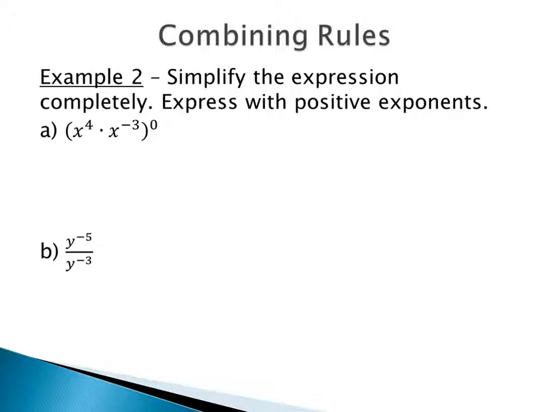So now we just want to do an example that's combining the rules that we've learned so far. When we have multiple rules, it's best to start within your parentheses first. So in here we have x to the fourth times x to the negative 3. If I worked through this by working inside the parentheses first, I have my product rule. Our product rule says that we should be adding our exponents. So what we would have here is 4 plus negative 3, which is really just 4 minus 3, and 4 minus 3 is 1. So working inside the parentheses first, x to the 4 plus negative 3 gives us x to the first, which is really just x.